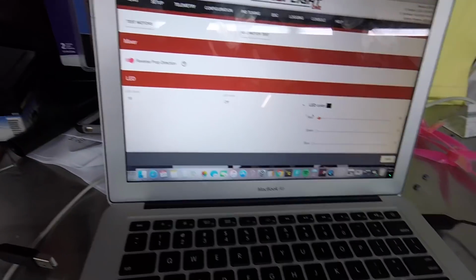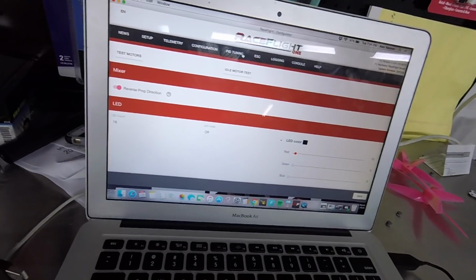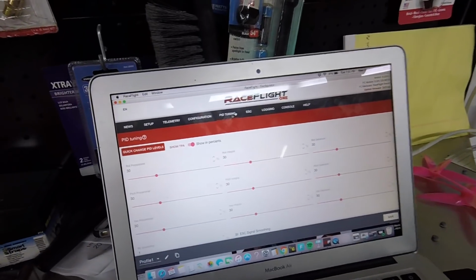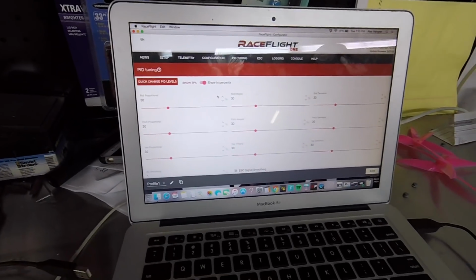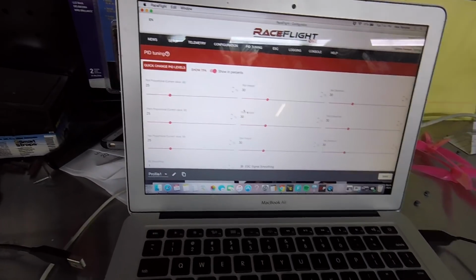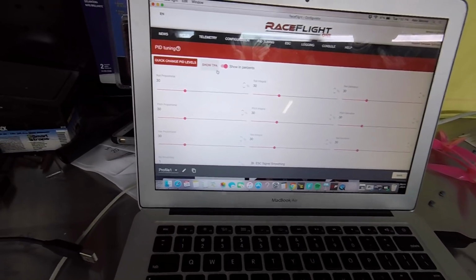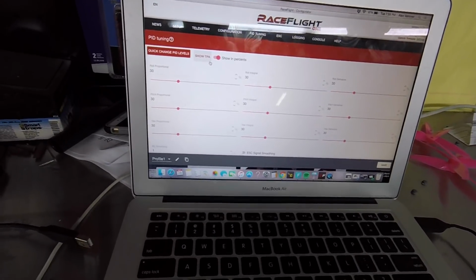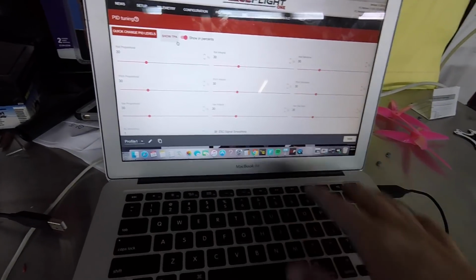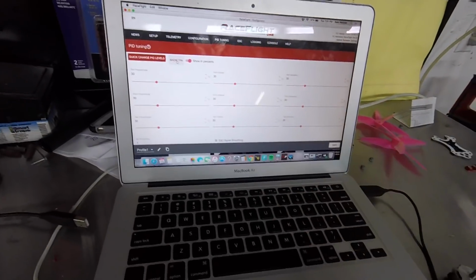Reverse prop direction, LED. This changes the LED color on the board, but since it's flipped upside down, it's kind of pointless. We're going to go to PID tuning, so we were at configuration, PID tuning now. So these are stock PIDs. Now, on some of the newer firmwares that are coming out, like if you have a 3-inch quad, you can select those. Defaults are what we are going to stick with. In future releases, these PIDs are pre-tuned. The actual PID controller is pre-tuned, so it flies pretty well on stock. But in the future, you're actually going to be able to go in